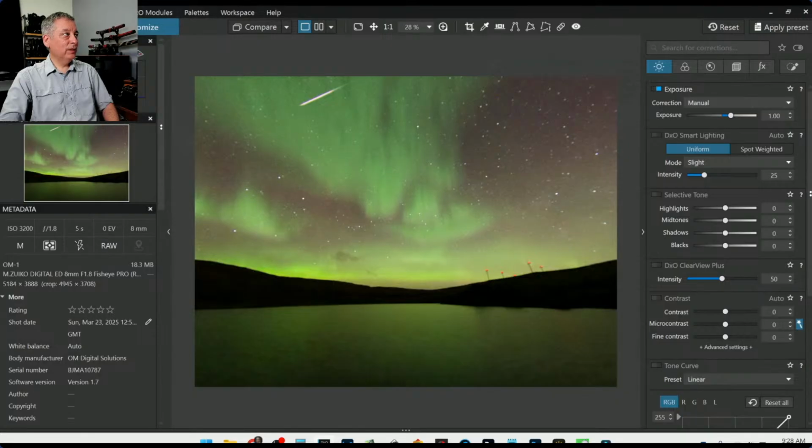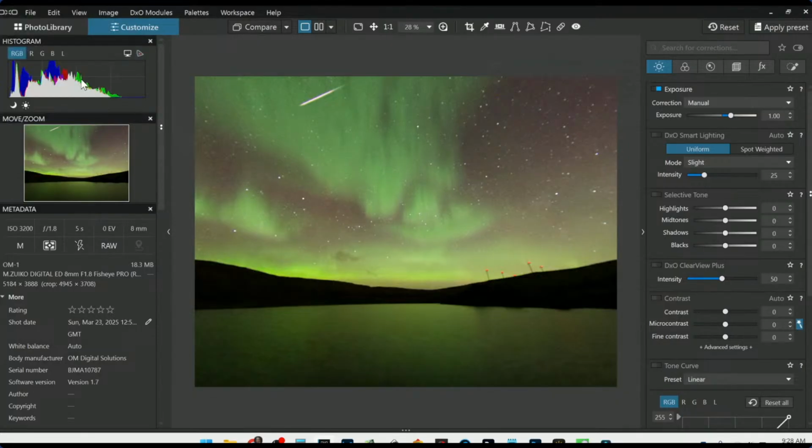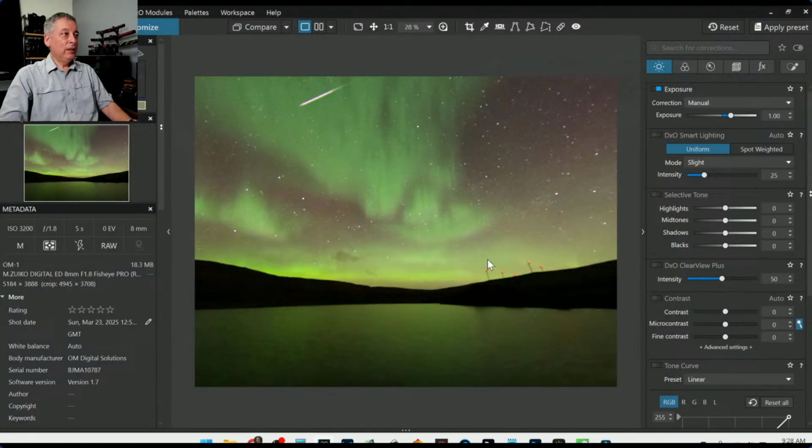So we can see here on the histogram, well, not with my big head there, but I'm looking at the greens here, and I have them right at about middle gray. And then the rest of the histogram, I'm not too worried about at this point. So with landscape shots, I do look at the histogram more often than other types of shots, but generally, I don't use the histogram a lot, just from time to time. Particularly with this shot, it's easy because we have very strong greens here, and it's easy to see the greens